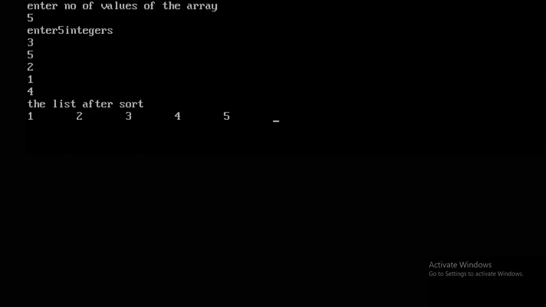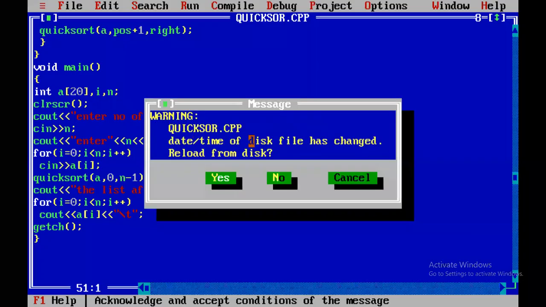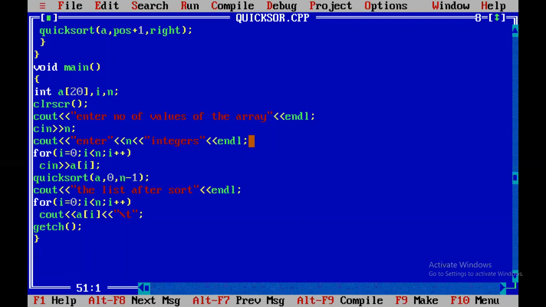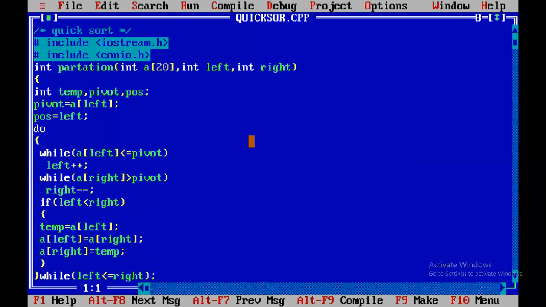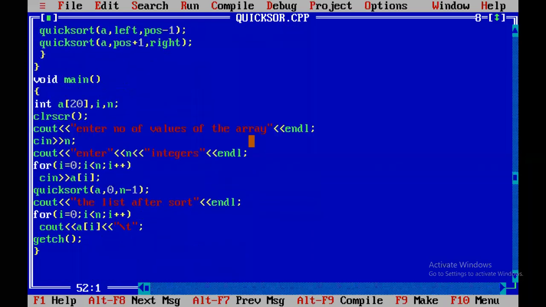3, 4, 5. This is the sorted order. So here we are using the bottom up approach. You have to write the program in top down approach or bottom up approach, no problem. We already discussed the top down approach. This is the bottom up approach. The only difference is that whenever you are using top down approach, there is a need for function prototypes. Whenever using bottom up approach, no need to write prototypes because the main function will be last. So here is the main function. I put the main function at the end.